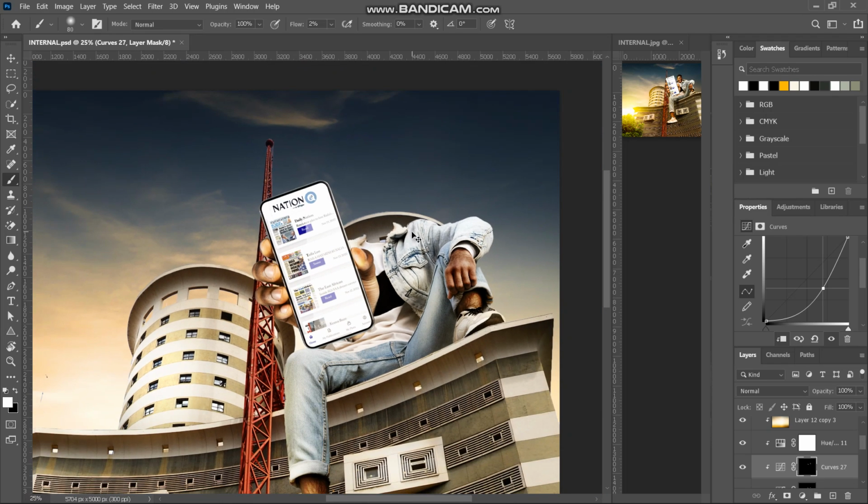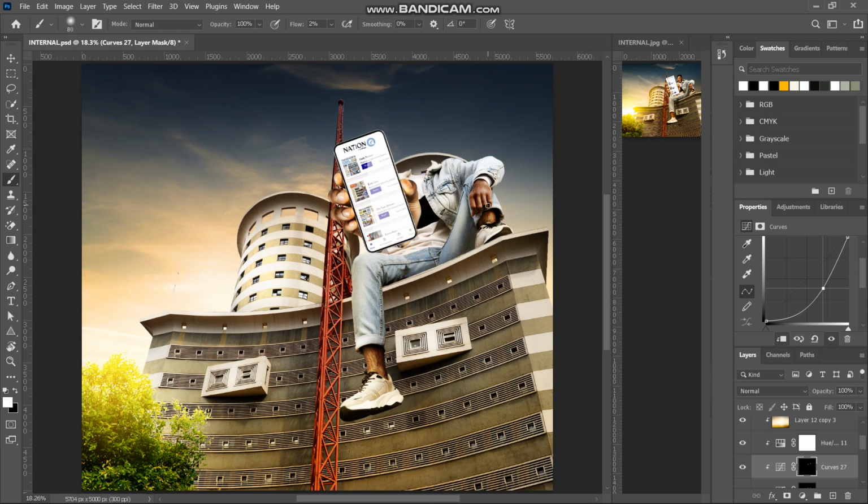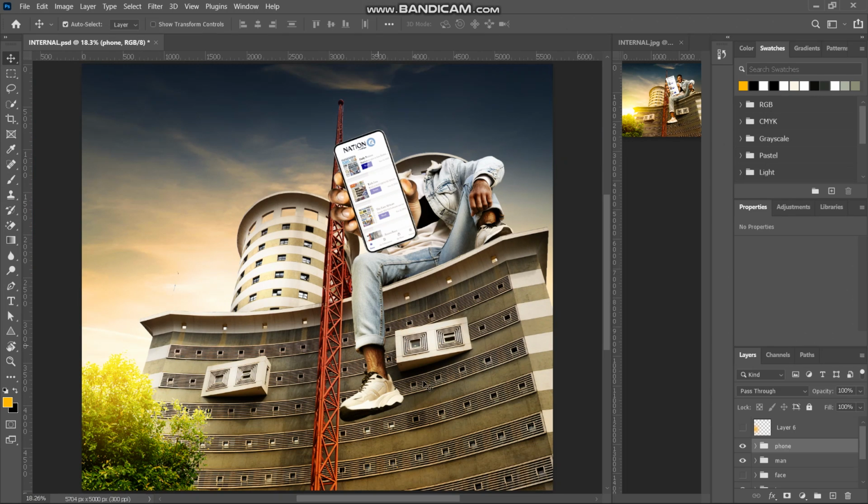We'll go ahead and add the guy's face, but I think we forgot to add the shadow. Since the guy is sitting on the building, there must be some shadows on the building. So the sun is on the left side, so it will be projected slightly to the right side of the guy, especially the leg area. So we'll trace the